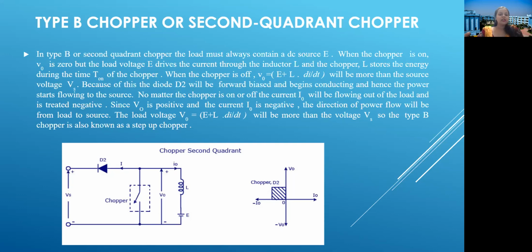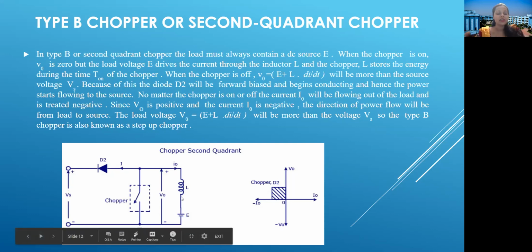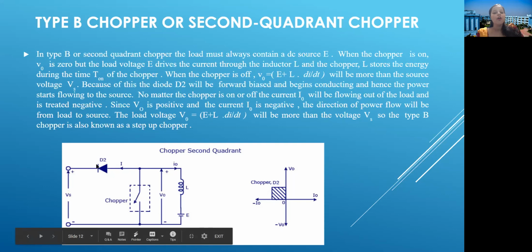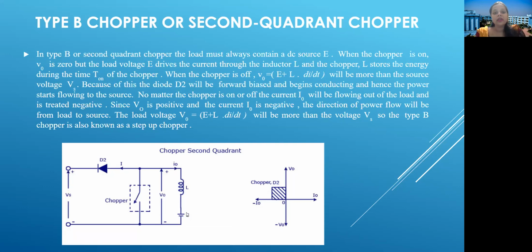So in type B chopper, this is the arrangement where the chopper circuit is connected in parallel with load and source. A diode is connected over here, and from the circuit itself, we can easily say that no current will flow in the positive direction. That is, current will only flow from load to source. That is why it is a second quadrant operation. But here we have one new thing, that is a load EMF. We must have a load EMF connected in the load, which is mentioned here by E.